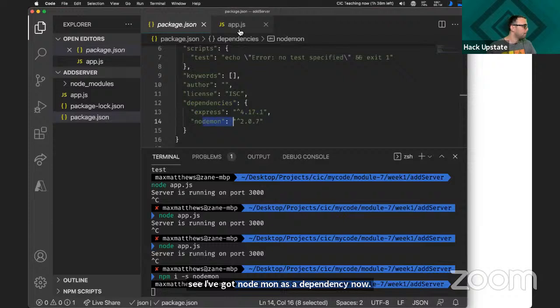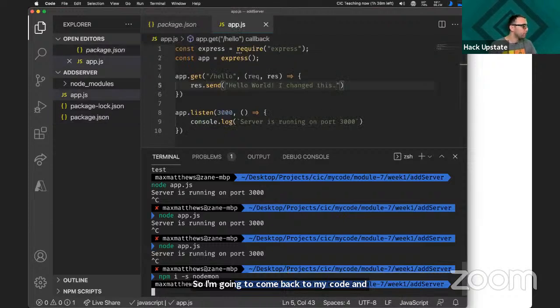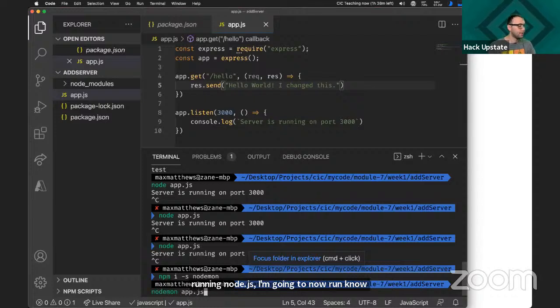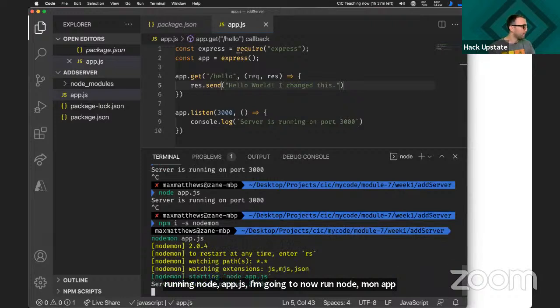So I'm going to come back to my code, and instead of running node app.js, I'm going to now run nodemon app.js. And when I start that up, you notice it's a little different. Nodemon's giving me the version number, and it's telling me what it's watching, and it's telling me it's running my node app.js. And there's my server running on port 3000.